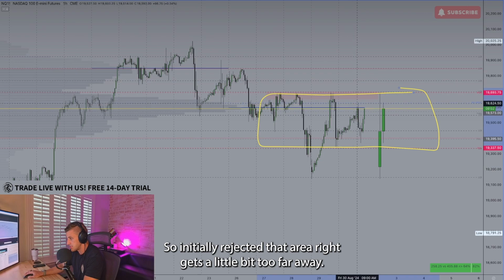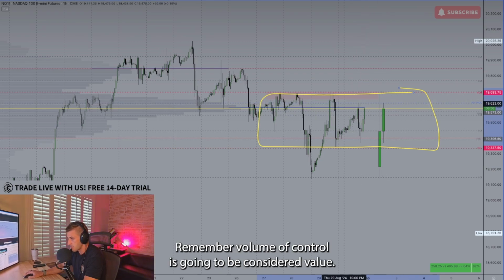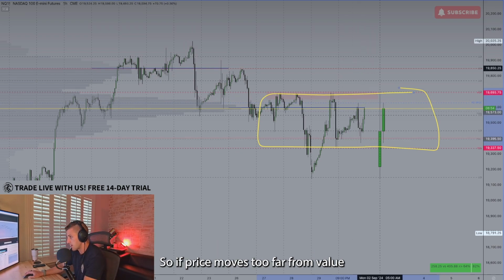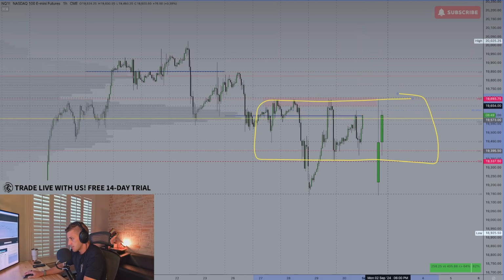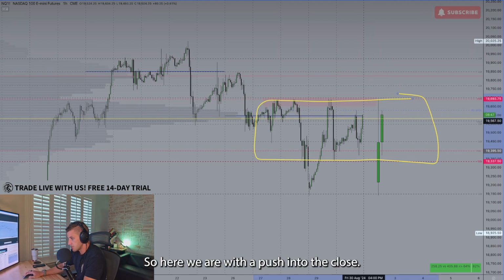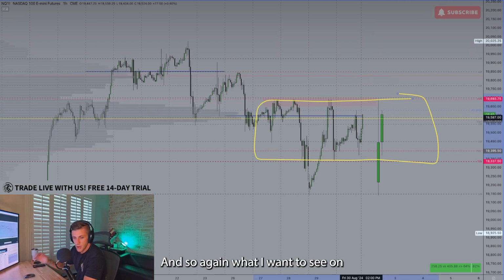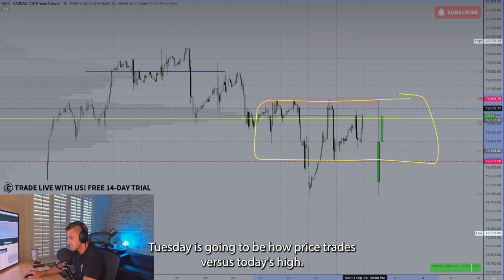So initially rejected that area, right? Gets a little bit too far away. Remember, volume point of control is going to be considered value. So if price moves too far from value, you're going to see it gravitate back into that area. So here we are with a push into the close. And so again, what I want to see on Tuesday is going to be how price trades versus today's high, but more